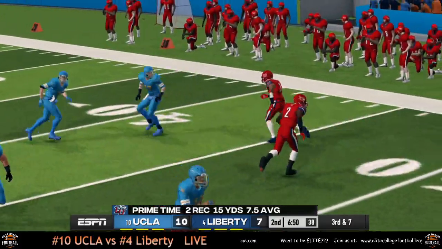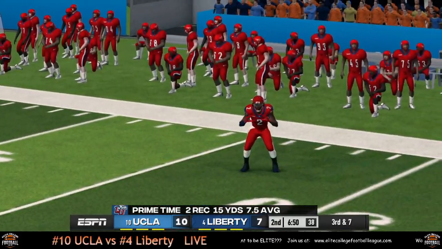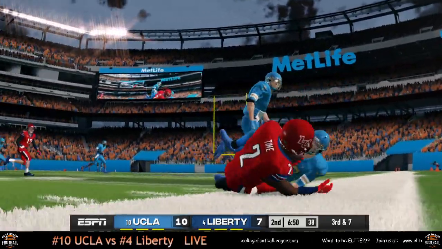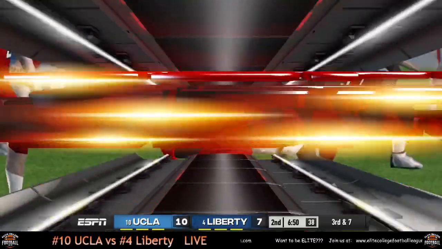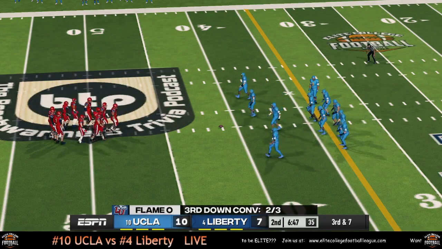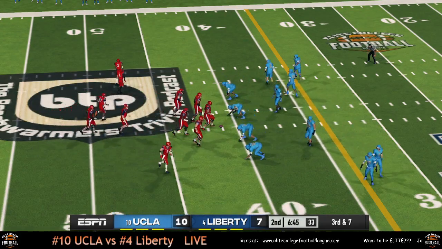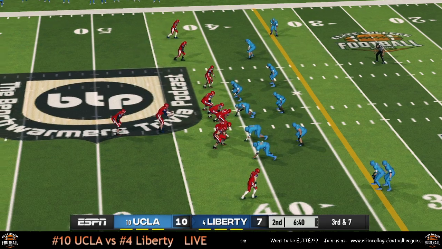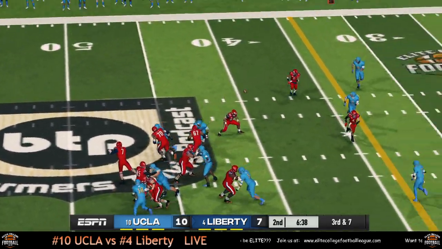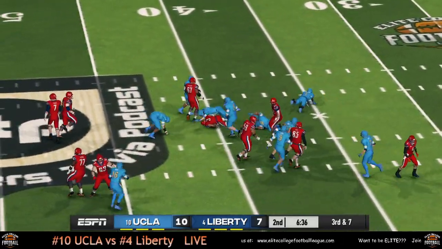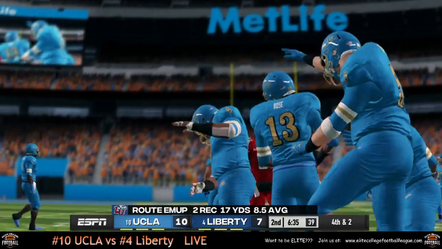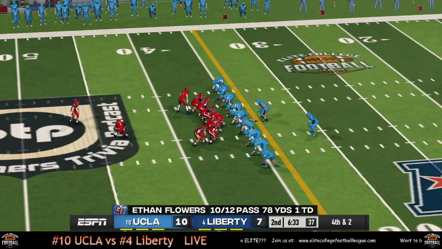Primetime with an 8-yard reception brings up 3rd and 7 for UCLA. Or for Liberty. Ooh, I'm sorry. Route them up with a 5-yard reception, but that's not going to be enough for the first down.